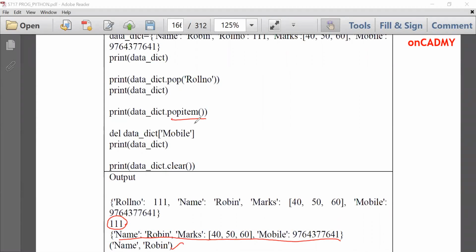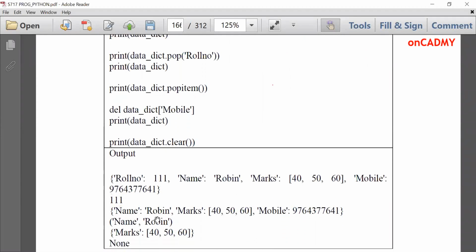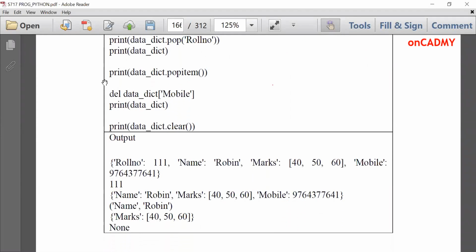So you can see the output. Robin is not in the dictionary now. We have just printed data dict dot popitem, so it has removed only Robin. It has shown you that Robin has been removed.